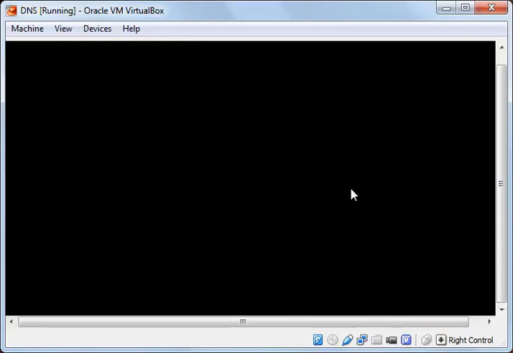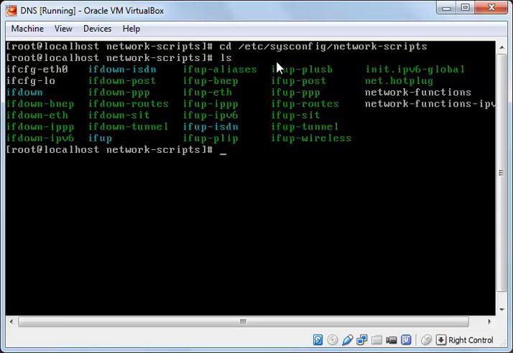Okay, now I have a single network card. Let's see how we can assign multiple IP addresses on a single network card. I will go to the directory etc/sysconfig/network-scripts, press enter and display the files, and I will take a copy of the original configuration file of the network card,